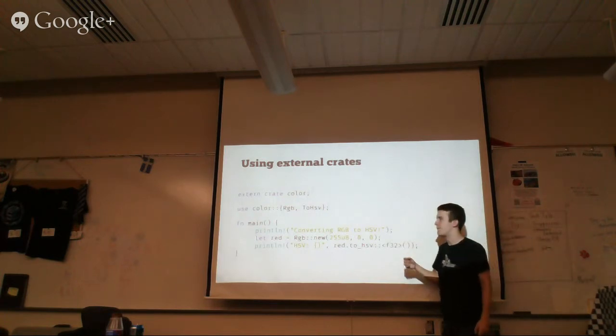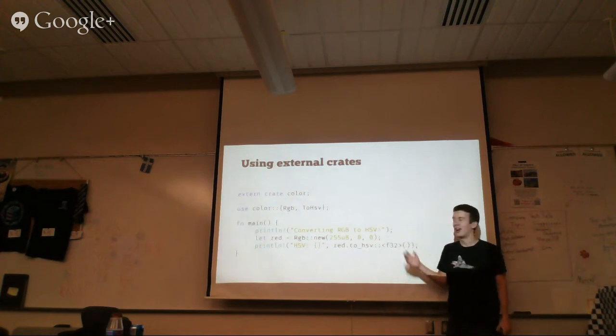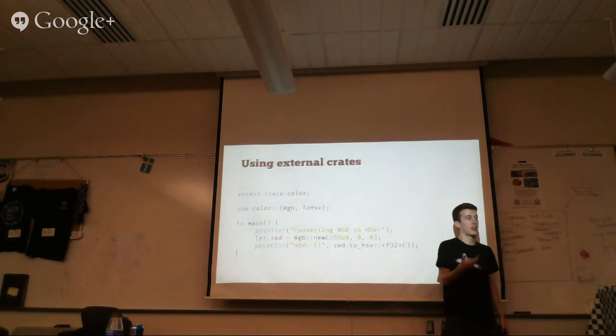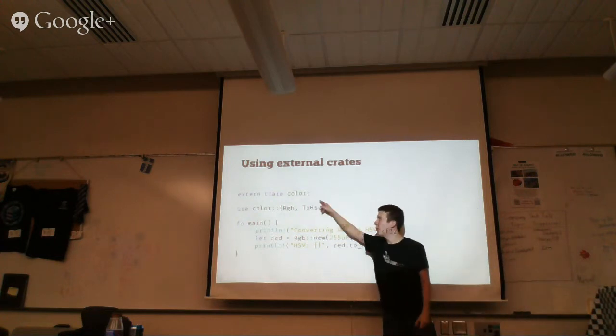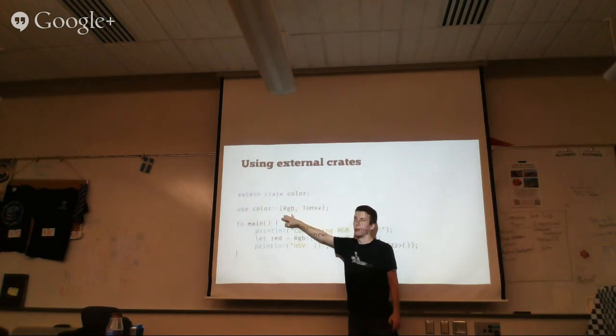So basically, I could have multiple files that constitute a crate, and inside of them, I could have many modules declared, and they could all rely on each other in this incestuous way. But when I compile it, it would create one crate that could be used by other projects. Crates are then imported, and then, well, actually you declare them, and then you import the modules that you desire